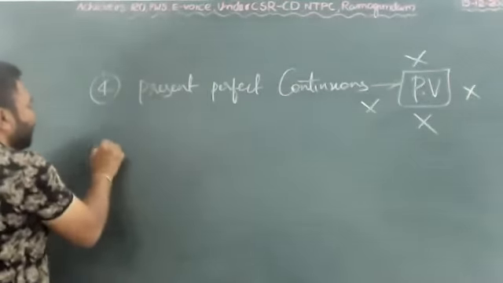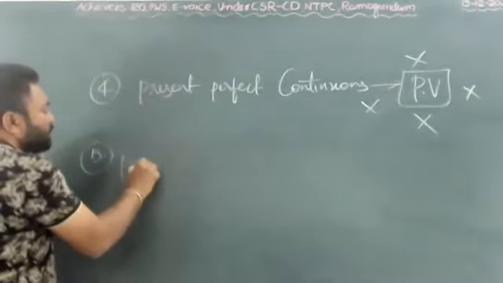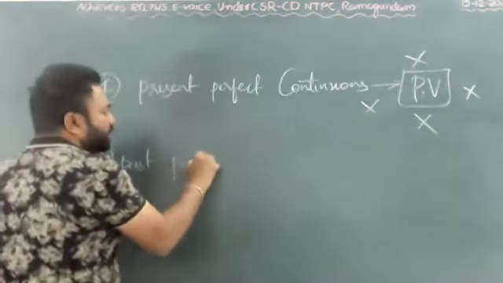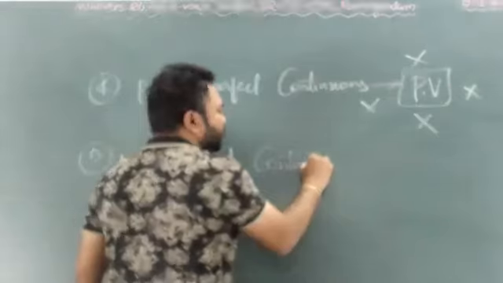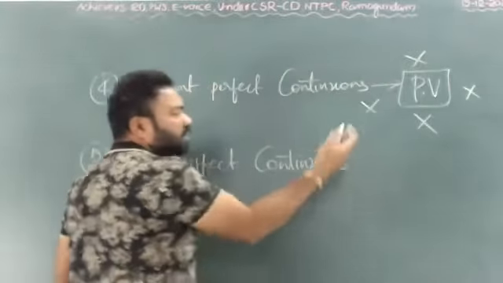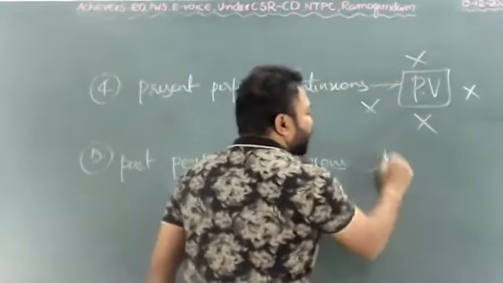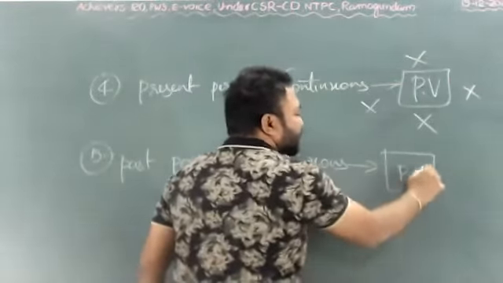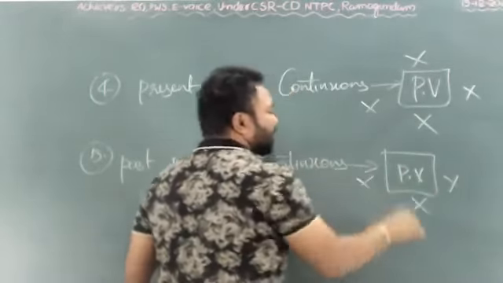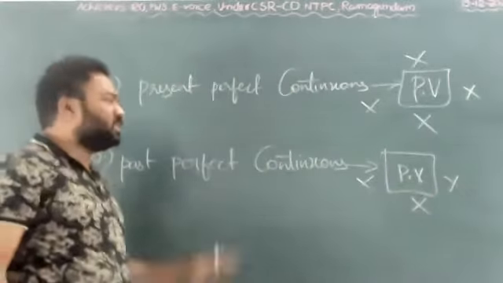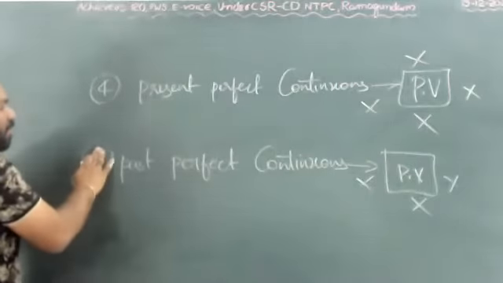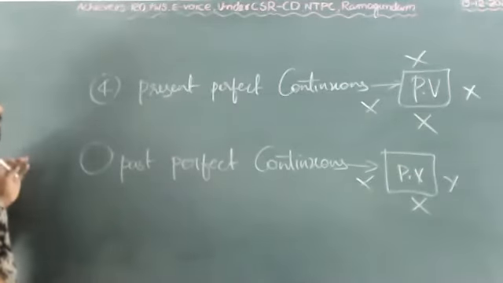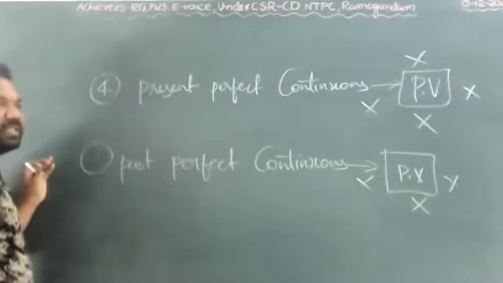So next, 5th one, past perfect continuous tense. Same. We don't have passive voice. We don't have passive voice for past perfect continuous tense, and the number for this is 5th. Simple past, 6th